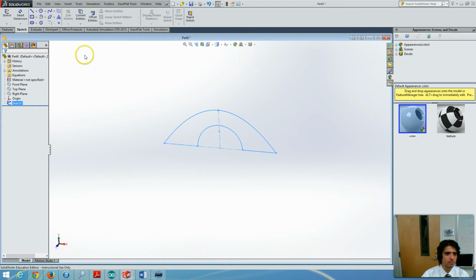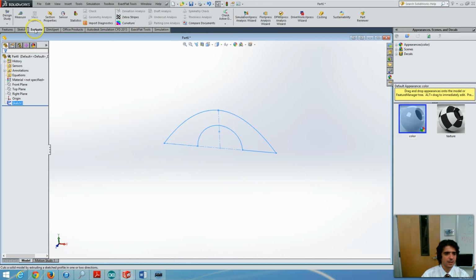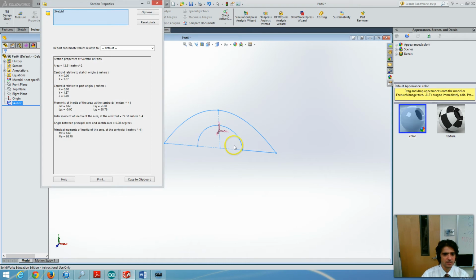Now the best way to evaluate this is to click on evaluate, where you have an option, sectional properties, and as you can see, this has already provided us with the sectional properties. This thing here is the centroid of our cross section.